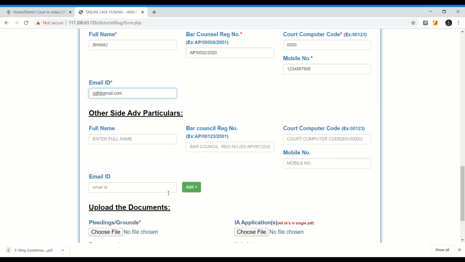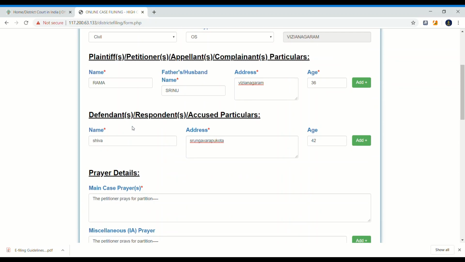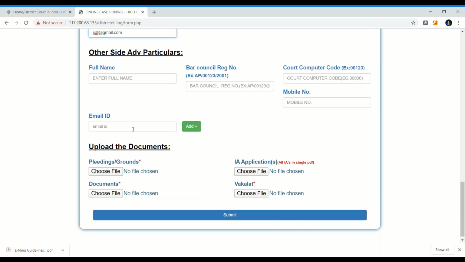Then any other side advocate particulars if you have. Initially we don't know the other side advocate particular details, so we just left it blank.